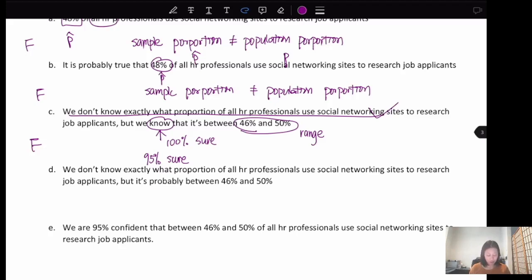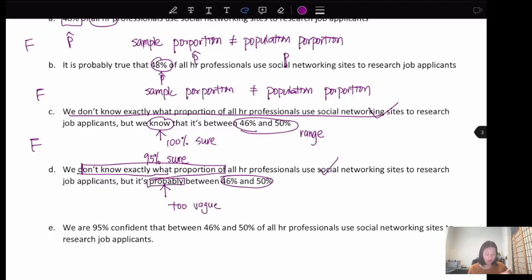D: we don't know exactly what proportion of all HR professionals use the social networking site to search job applicants. It's probably between 46% to 50%. So now they have the range, and the first part is correct because they say they don't know exactly the population proportion, right? However, this part is probably too vague